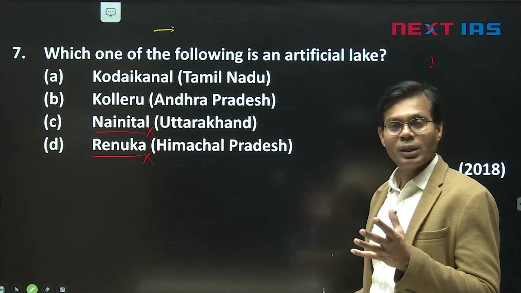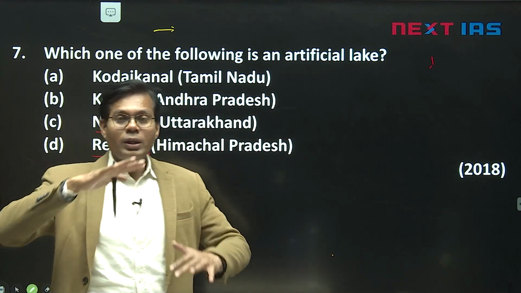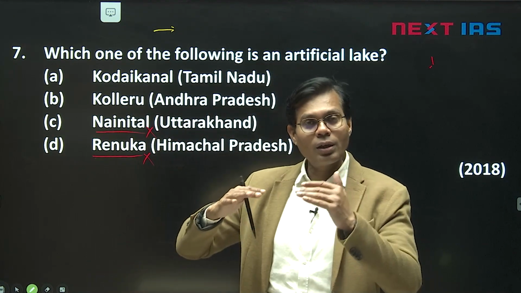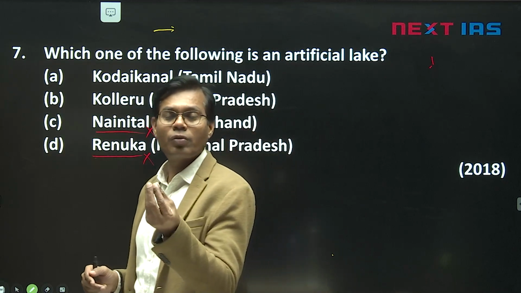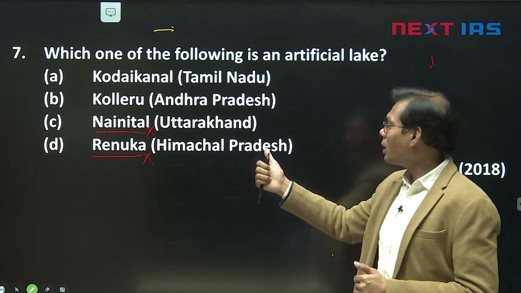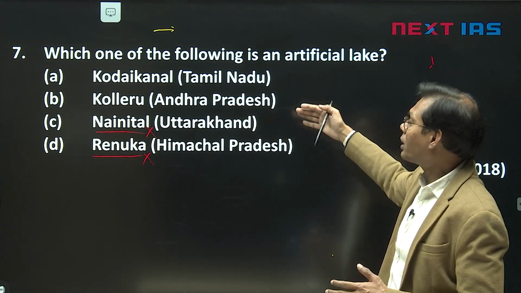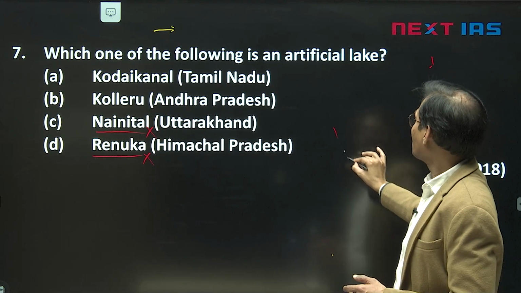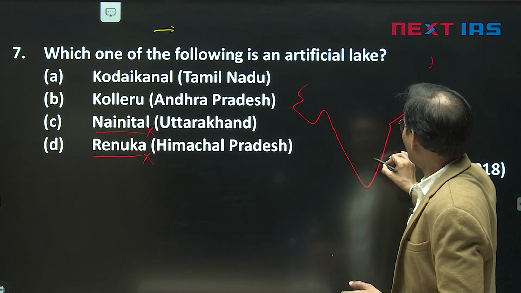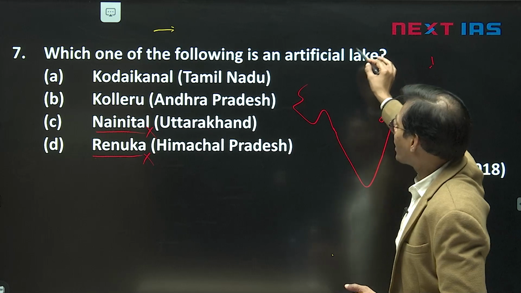Nainital Lake is one kind of famous lake in which, due to subsidence or tectonic activities, glacier water, or the melting of glacier, or rainwater can accumulate in Nainital. Renuka Lake is also there. But you just check, Koleru is also a big freshwater lake here. Suppose this lake here. The Koleru Lake is here and Nainital Lake in the Uttarakhand area.